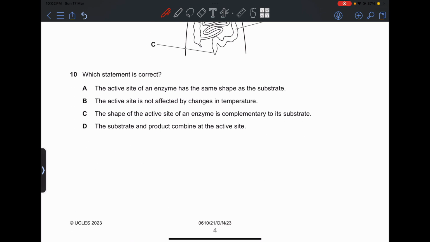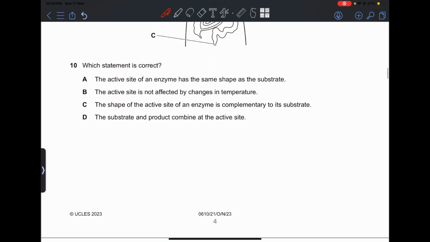The active site of an enzyme has the same shape as the substrate. This is actually an incorrect statement, because the substrate does not have the same shape as the active site. It has a complementary shape, which means that the shapes fit together. They're not the same, because if they were the same, they would not be able to bind. Now,